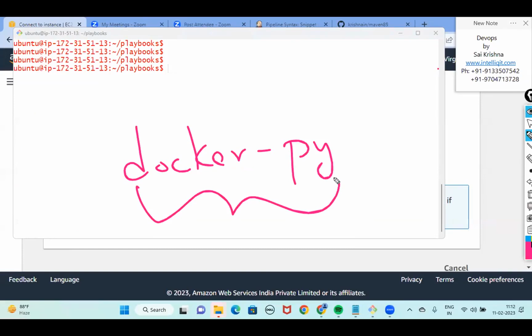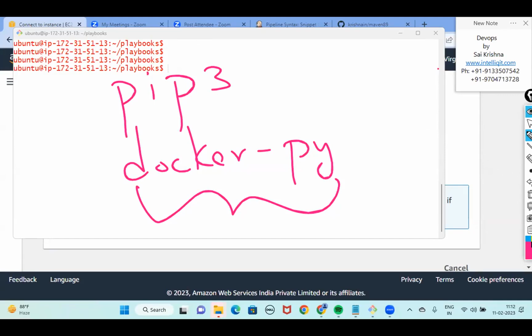Generally, on an Ubuntu machine, whenever you want to install something, we use apt, apt-get install, etc. For Python installations, there is another package manager of Python called pip, or sometimes pip3, depending on the version. Pip is purely for installation of Python related modules.